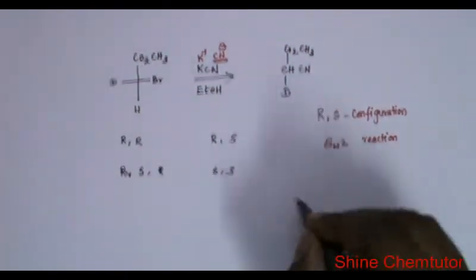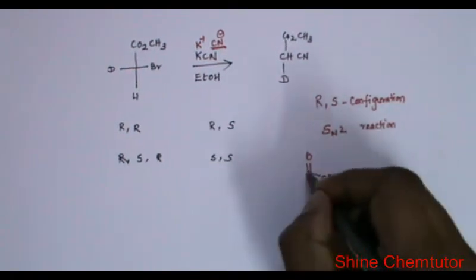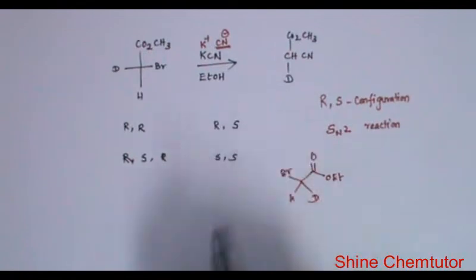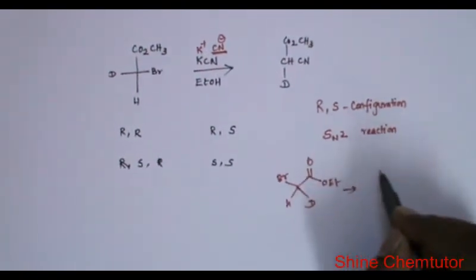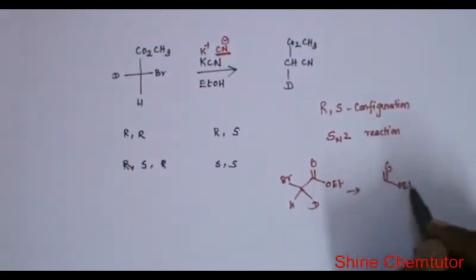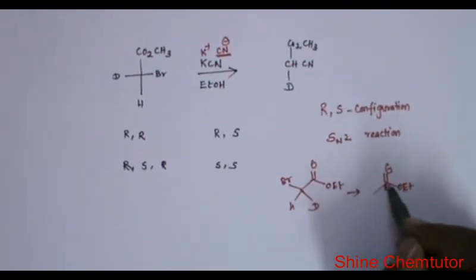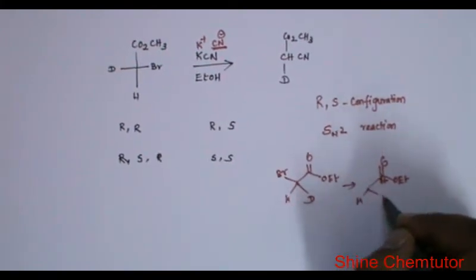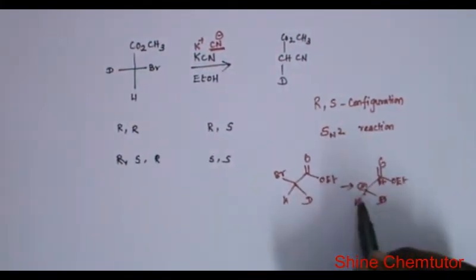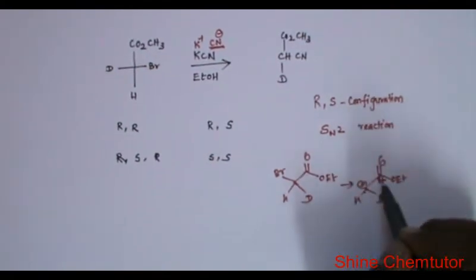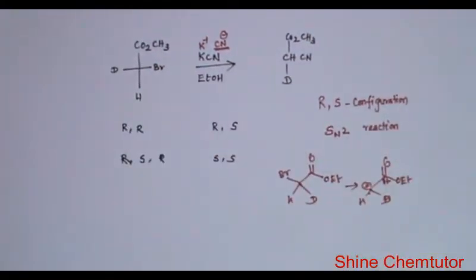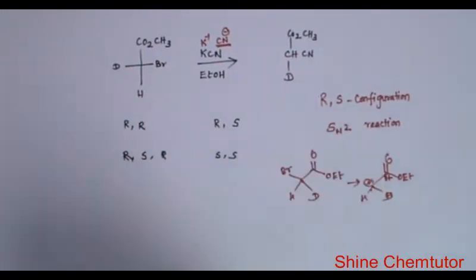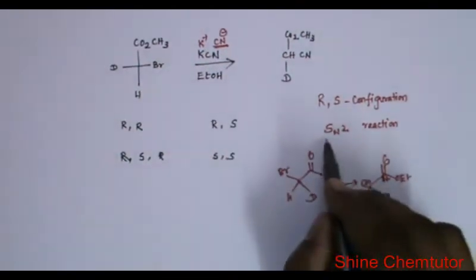Further, you cannot generate carbocation on this carbon because already there is delta plus here. So you cannot generate carbocation that is like this. There is no possibility to generate carbocation because already we have delta plus on the next carbon. Another reason, since it is primary alkyl bromide, it prefers to undergo SN2 reaction.